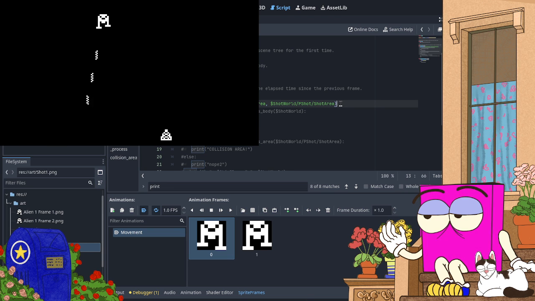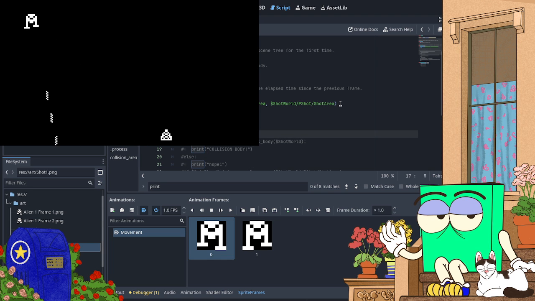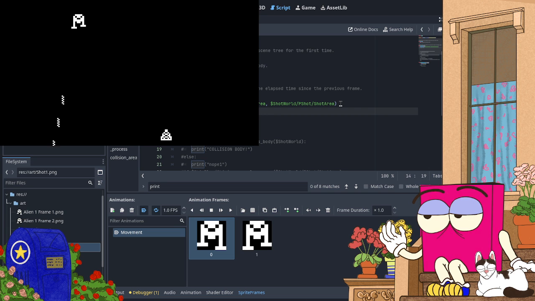That's what it needs to do. So I need, okay, it's this. This is just out of reach. I need to loop all children of Alien 1.